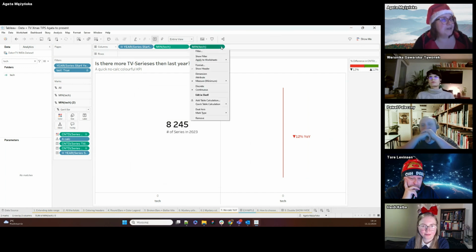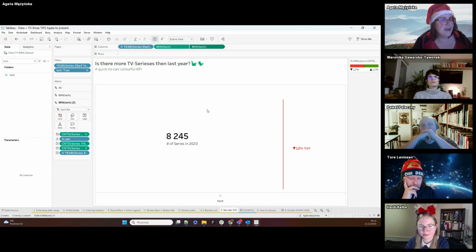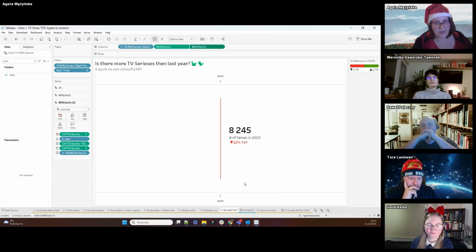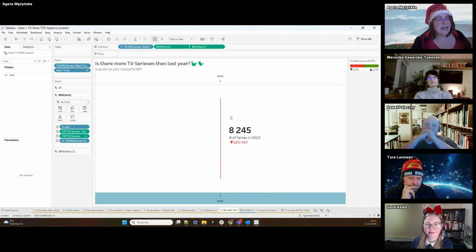Okay, I'll do my dual axis. And now I've got, without any calculations, the KPI with my year-over-year change here. The problem is only that I've got it in the very middle. So I would like to synchronize this. I would like really to have it on the side. What can I do? And that's the magic of my tag, this